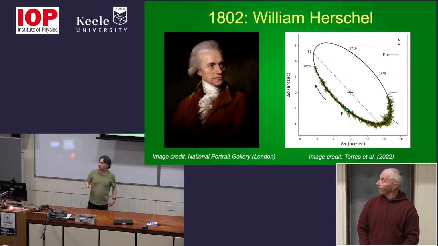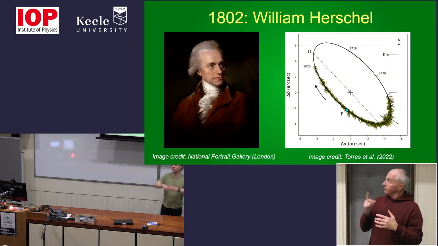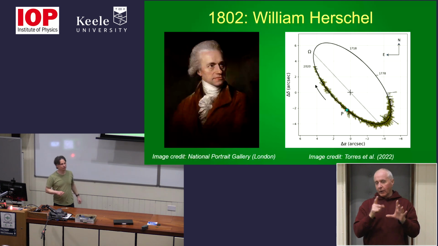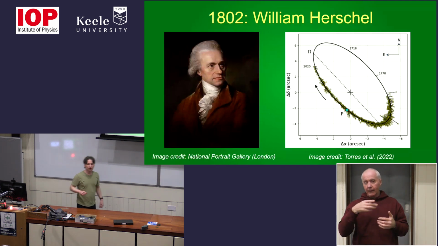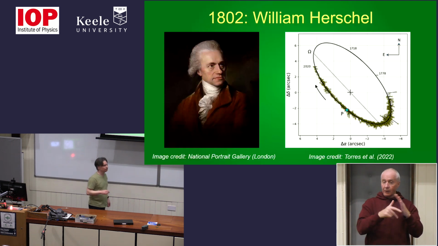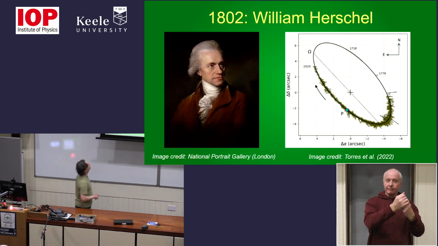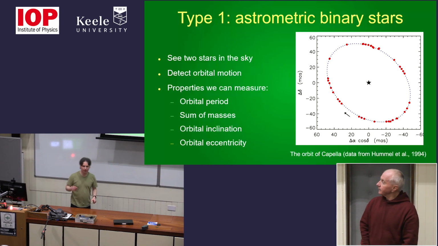The most recent result I have for this was by one of my colleagues, Willie Torres. Only a couple of years ago he had the definitive paper on this, and the orbit period is now known to be 459.1 years, which means that William Herschel was pretty close. So I'll give him that one, and by the way, he originated the term binary star, so I like him anyway. So that brings me nicely to the first type of binary star, which is what I call the astrometric